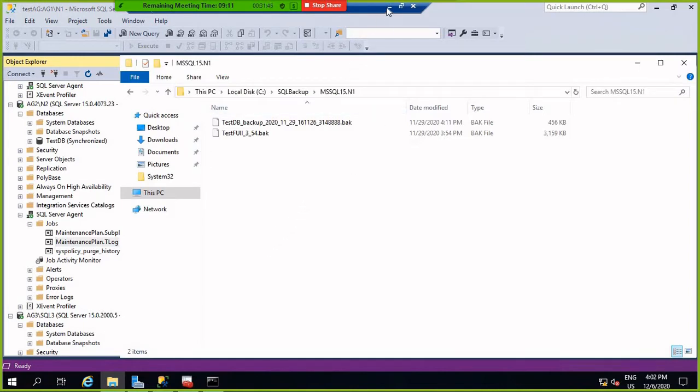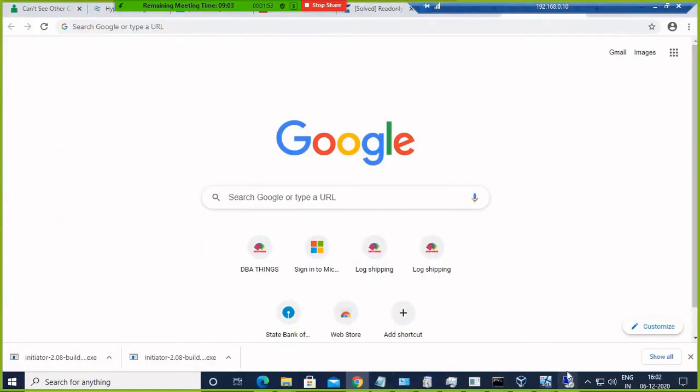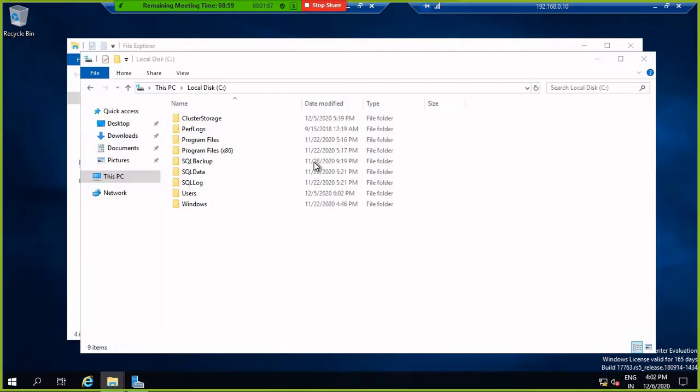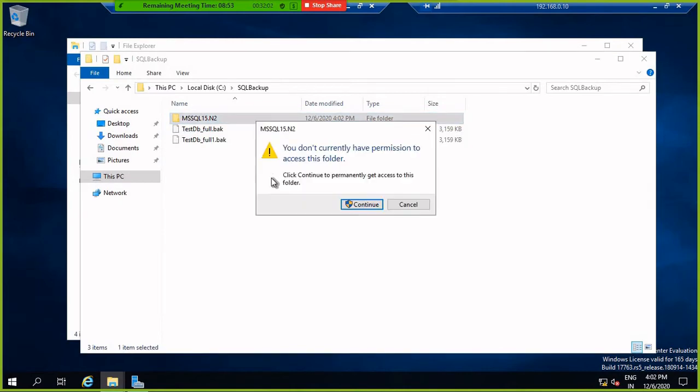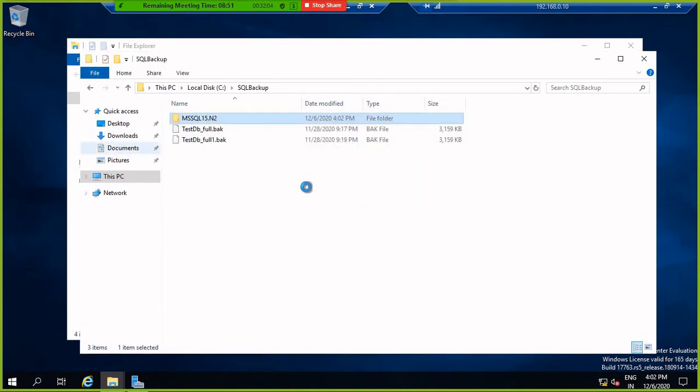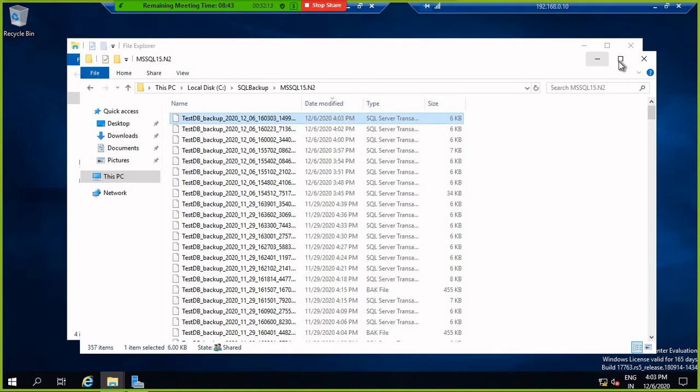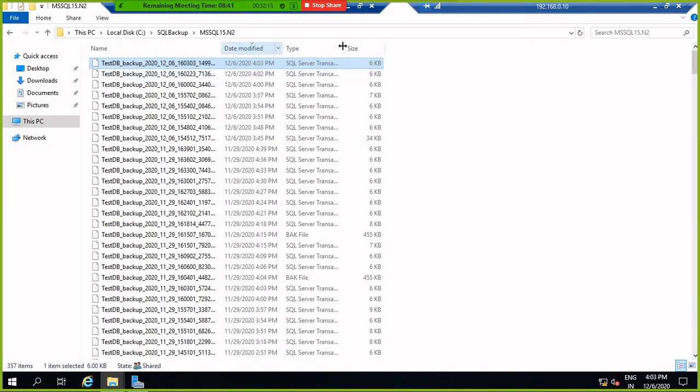Just check this. This is my N1, so connecting to N2, AG2. Here, connect to AG2, this one. Check it here, the backup is generated here.